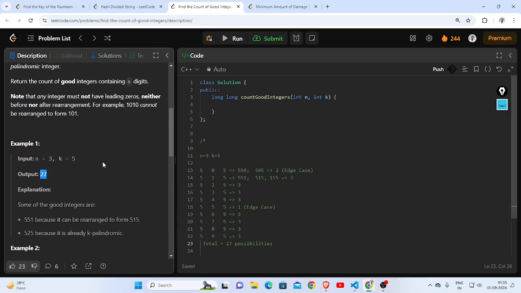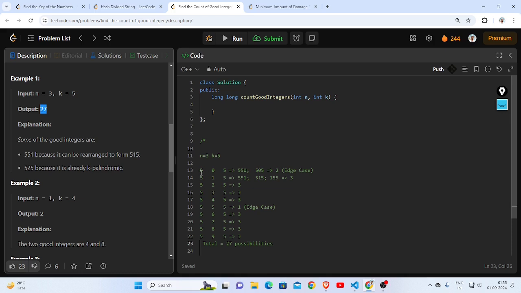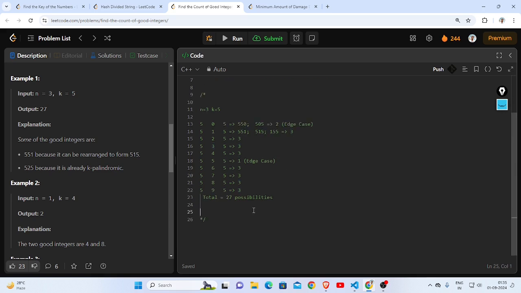So we are going to generate the palindromic numbers, find all of the arrangements for each palindromic number, but for the edge case, let me write down the steps. First step, generate all palindromic numbers which are divisible by k,